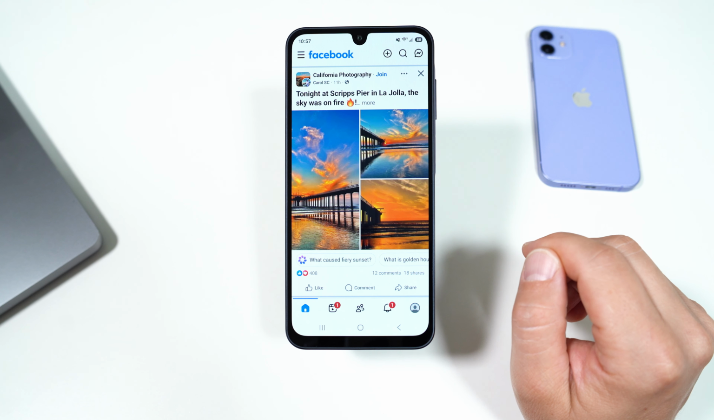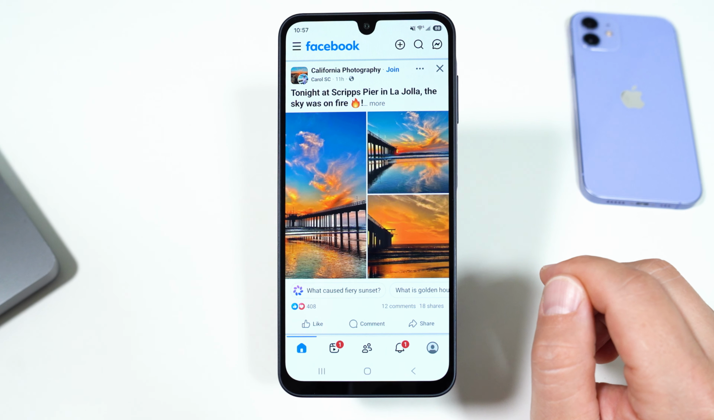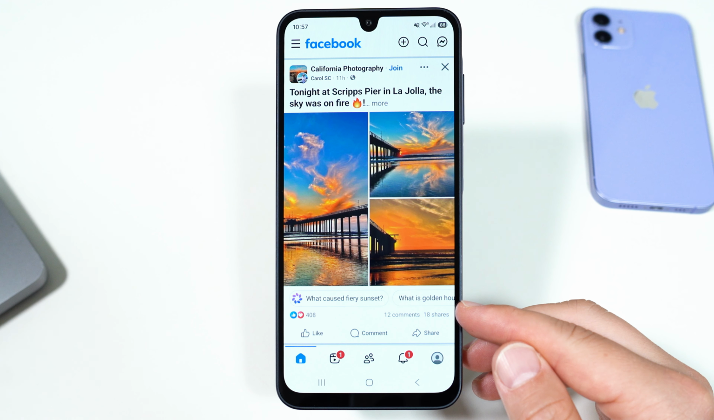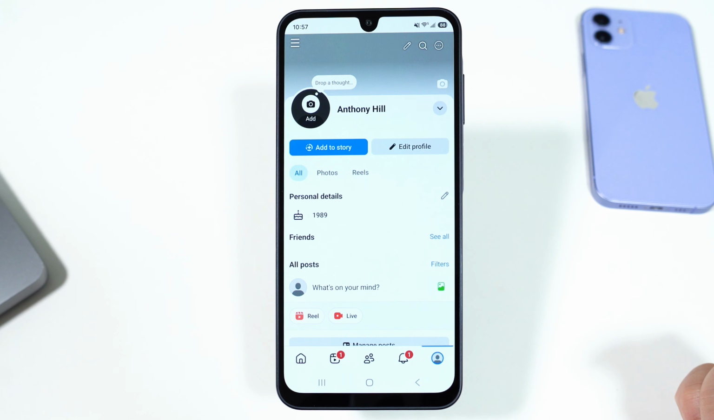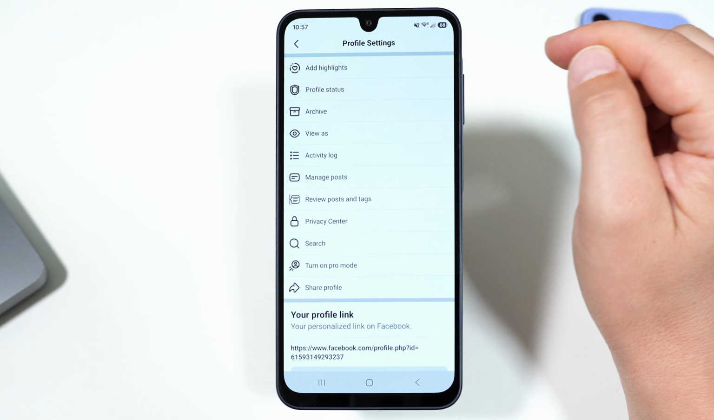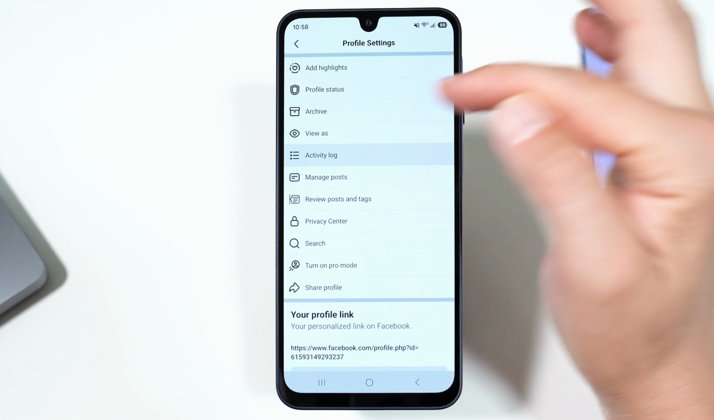Okay, so if you want to hide all your Facebook photos, we're going to look at two separate settings, your own uploads and photos that you're tagged in. To do this in the mobile app, open Facebook, tap your profile in the bottom right corner, then tap those three dots in the top right corner, and from the profile settings that open, we're going to go to Activity